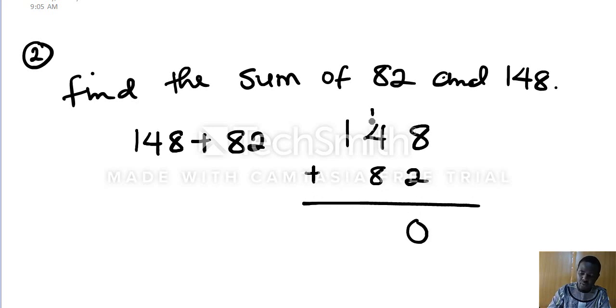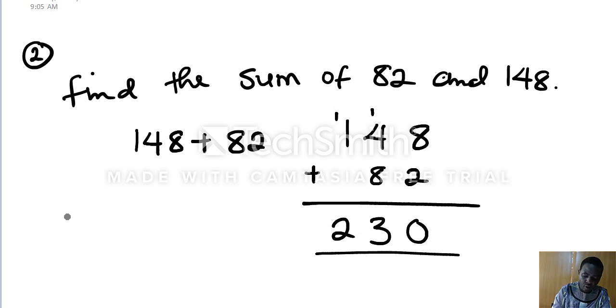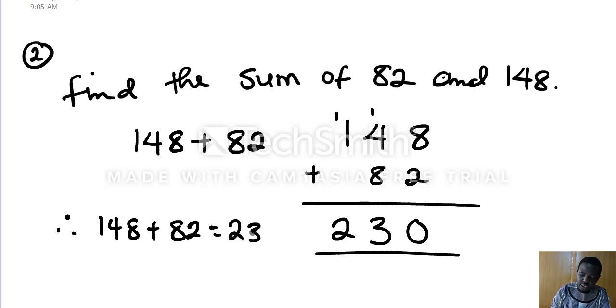You write down 0 and carry 1. 1 plus 4 is 5. 5 plus 8 will give us 13. You write down 3 and carry 1. 1 plus 1 is 2. So therefore, we say 148 plus 82 is equal to 230